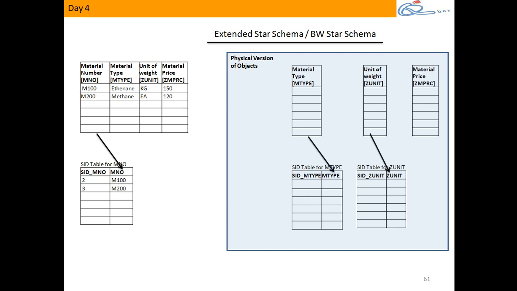Understood? When I insert metal master data here, it generates SID in the SID table of metal number. Why not metal type? That's my question. For ethane, should I generate one SID? For methane, should I generate SID? Why is it not generating? Because here I have inserted the value into metal type which is used as only the structure of it, not the physical. If I insert my data into the physical version, then it generates SIDs. Getting this? I will show you this.